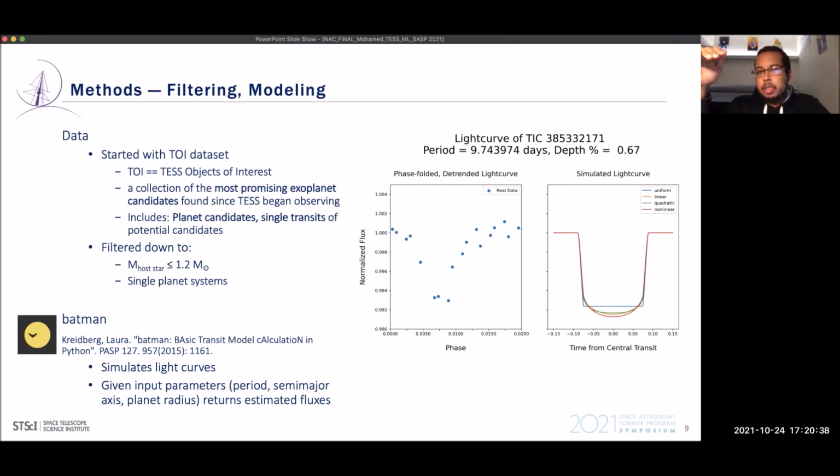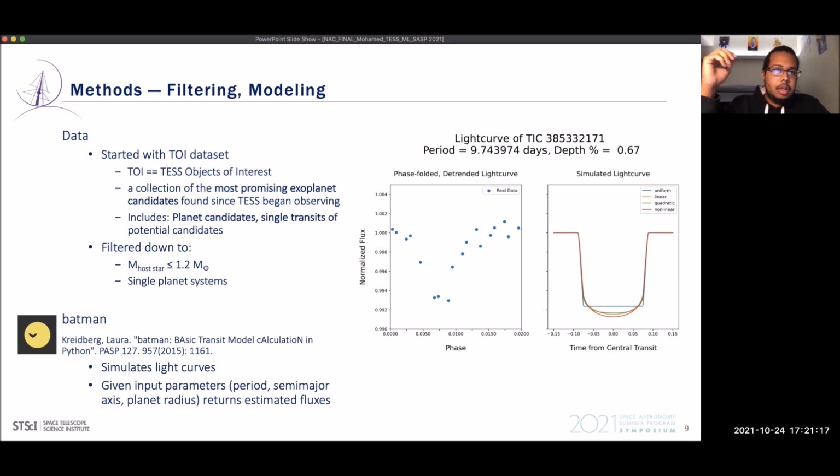And then from there, we wanted to simplify our first goal. So we looked at those systems which had host stars of 1.2 solar masses or smaller and single planet systems. Single planet systems because multi-planet systems are hard to work with. And smaller stars because the smaller the star, the higher the proportion of the star the planet will obscure and the easier it'll be to detect. You can actually see the light curves to the right that we're working with, changes in intensity of less than 1%. So we want those smaller stars so we can better detect